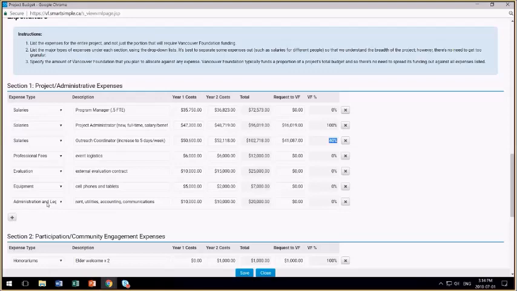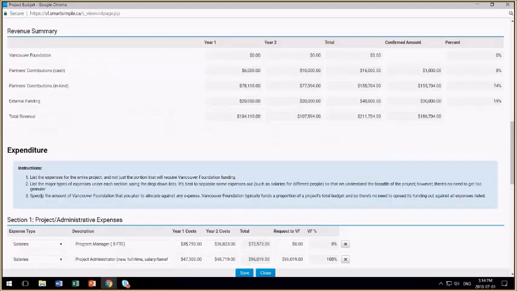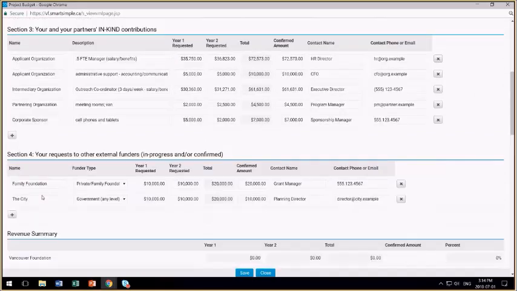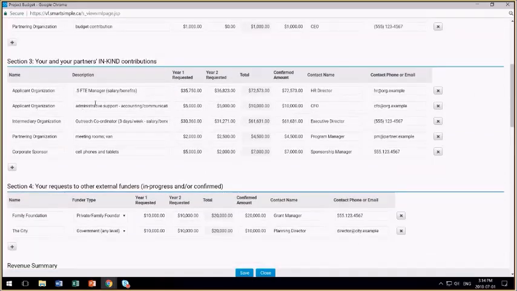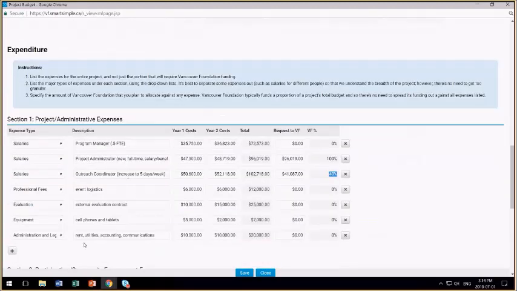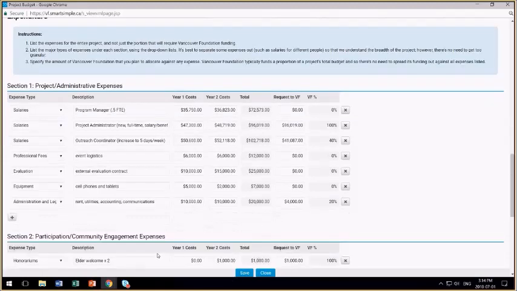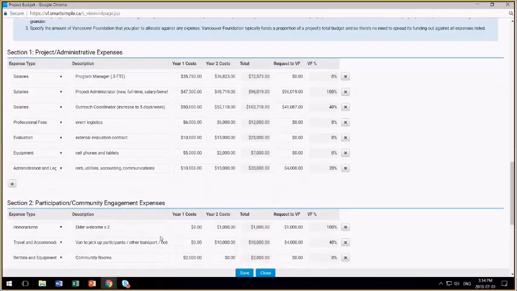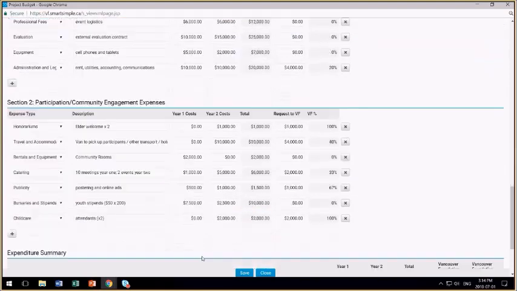And there was some administrative support as an in-kind contribution, $5,000 a year, but the total administration cost of the project over those 2 years is higher. And so part of the request will be to Vancouver Foundation to cover the difference in the administrative costs. If I move down to participation expenses,